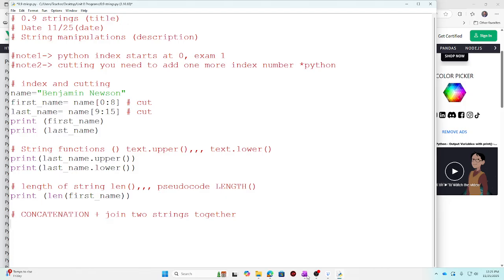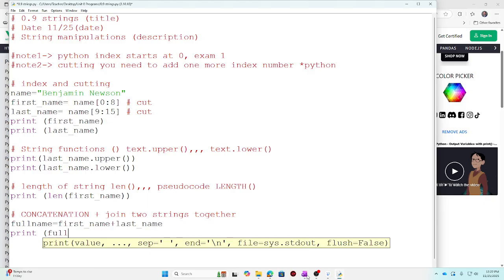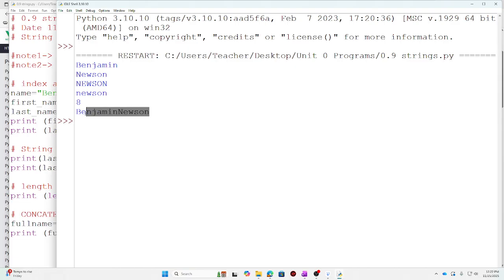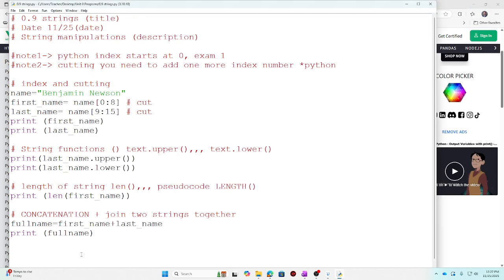So let's do an example. I have my full name. Is this going to be my first name plus my last name? Okay, that's going to be joining those two variables together. Print full name. Let's see if this works. I'm going to hit run. It says Benjamin Newson. If I wanted to add a space here, Wendy, how would I add a space when I'm doing